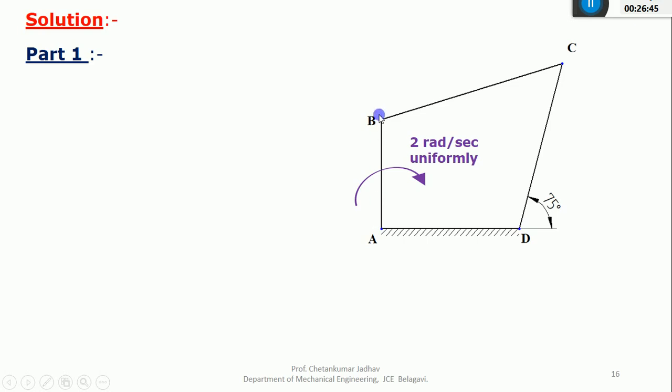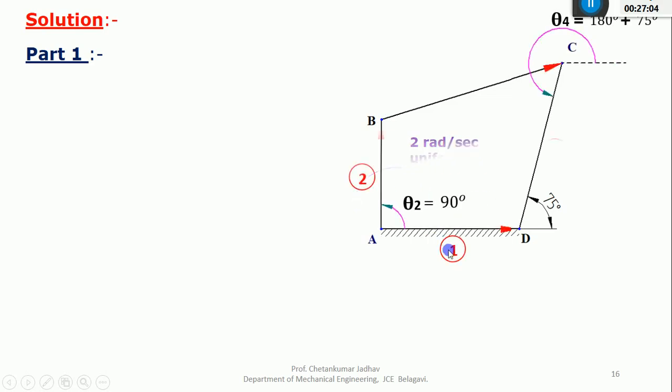I'll give the direction to all these vectors. You can give any direction. So for my convenience, I'll give the direction of vector AB in the forward, BC is also forward, CD is also forward. For the last vector, I'll take the opposite direction. So you can take any directions, and you'll get the final answer as the same thing. You can see the red color arrow mark, which is nothing but the vector.